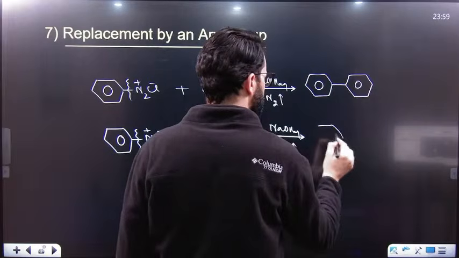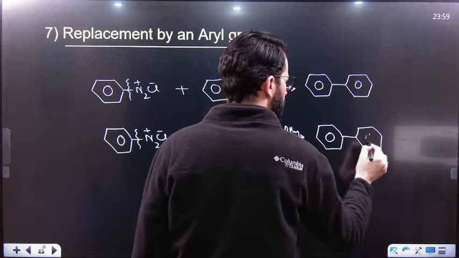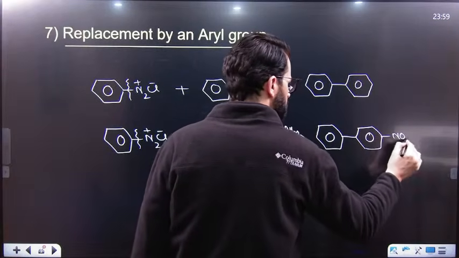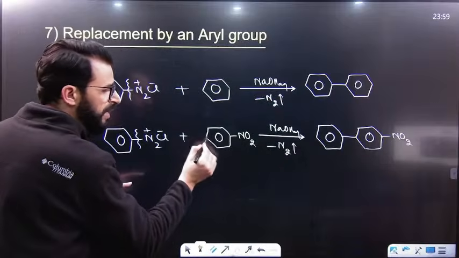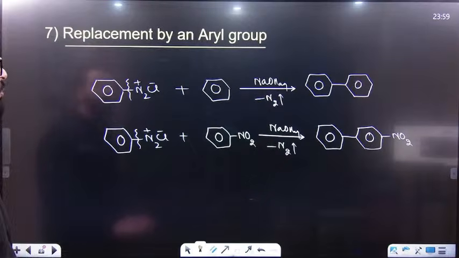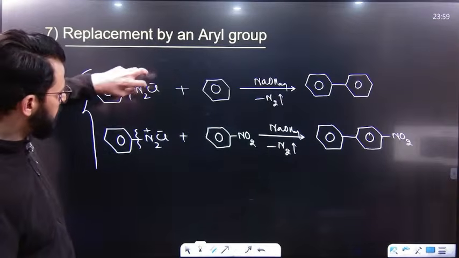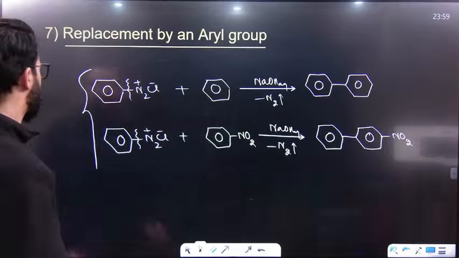And here, it will result in the formation of this one. So have a look. This is basically attached at para position with respect to this group, whether it is electron donating or electron withdrawing group. And this reaction, with the help of which we simply replace this N2 by aryl group, this reaction is known